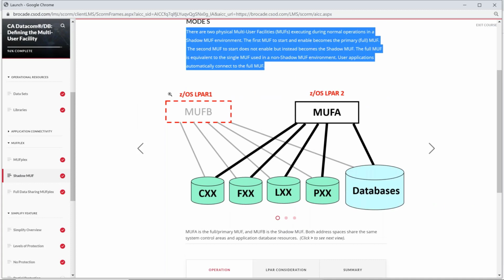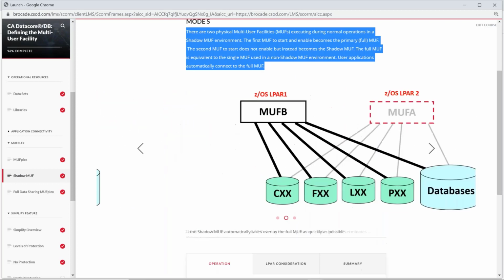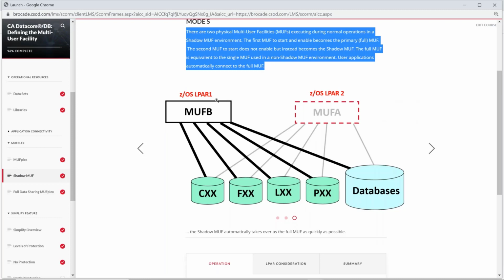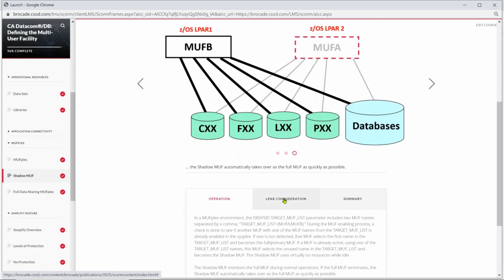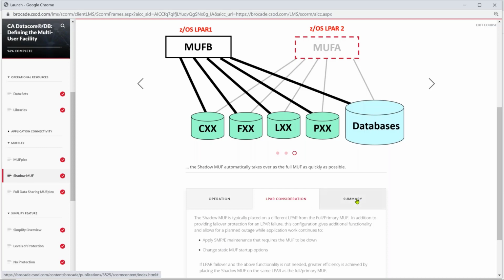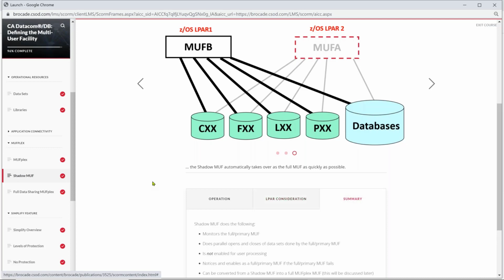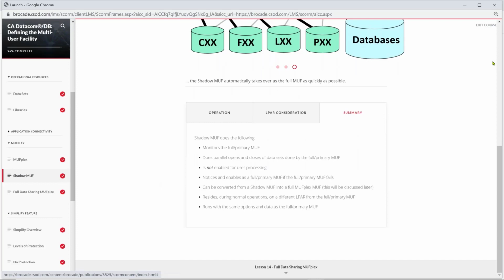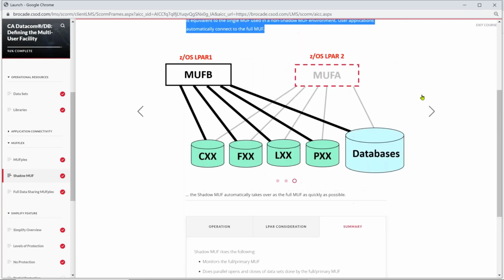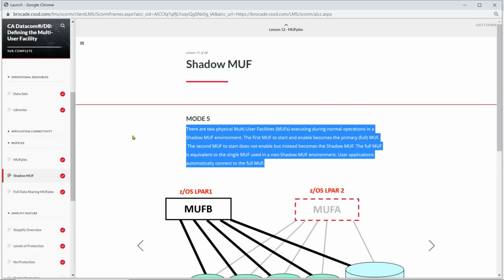showing how you would transition from a shadow, a backup multi-user, to become the primary. So in this example, A was the primary, and we transitioned to where now B is accessing the data. Down here, you have information about the process. Okay. So this is fairly fundamental, and when you're doing things like DB utility or a multi-user facility, it's not